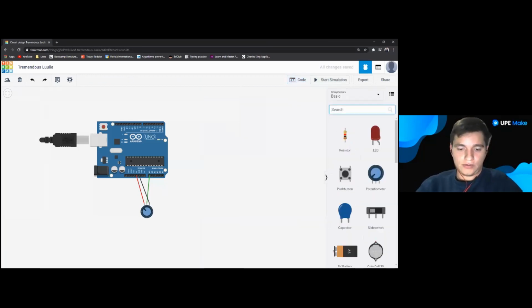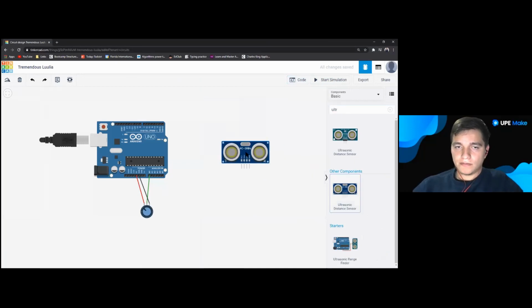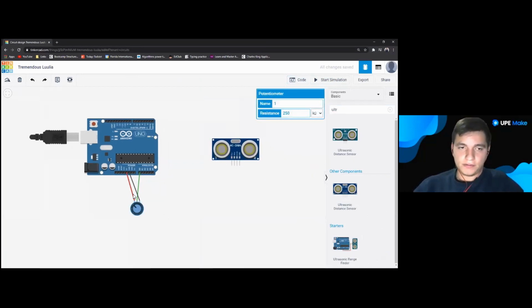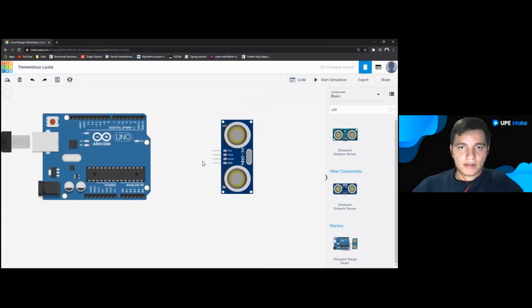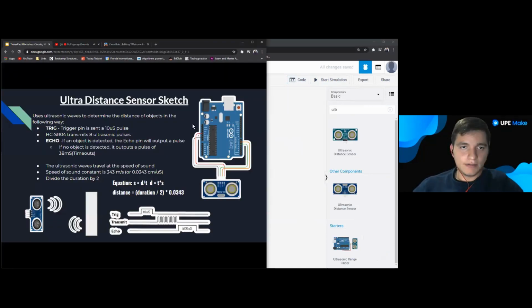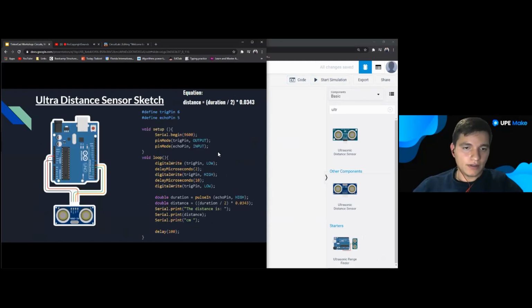ultrasonic sensor. Let's take off this potentiometer. Let's add it here. So if we look back at the code that we're going to be using,